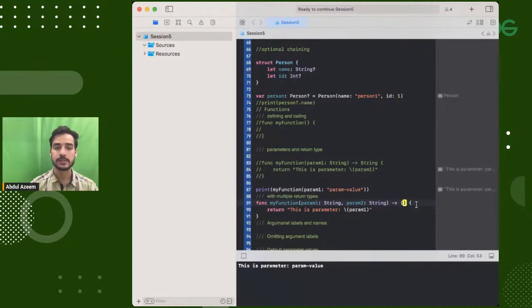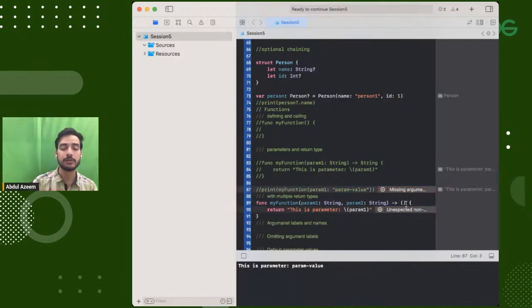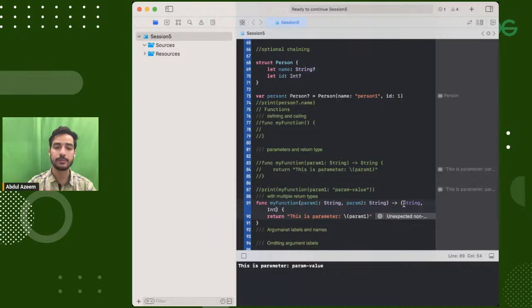So as we have discussed in our previous sessions, we have discussed about tuples. So this is where we can use tuples to pass multiple values from a function. So let's say I want to return two values, one of type string and another one of type integer. So now return